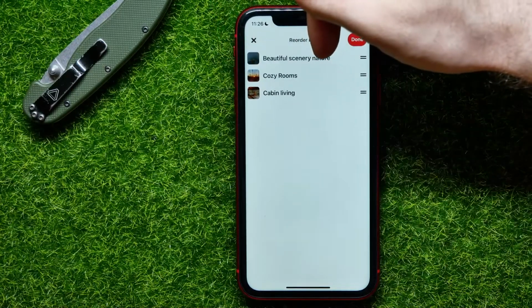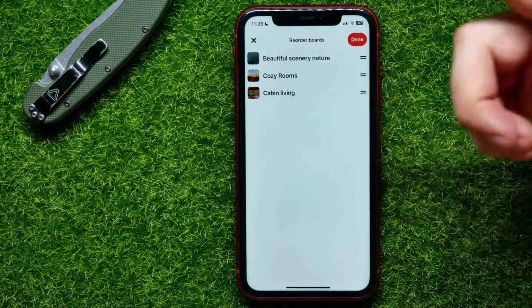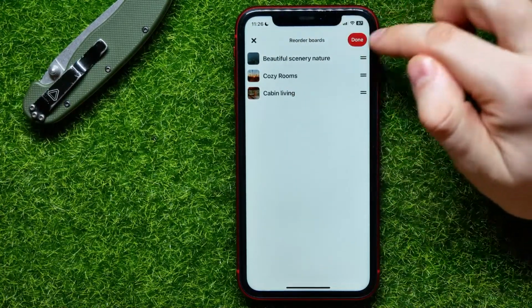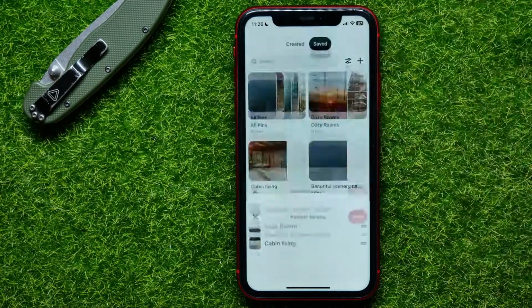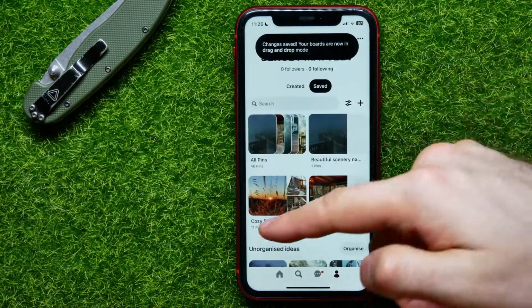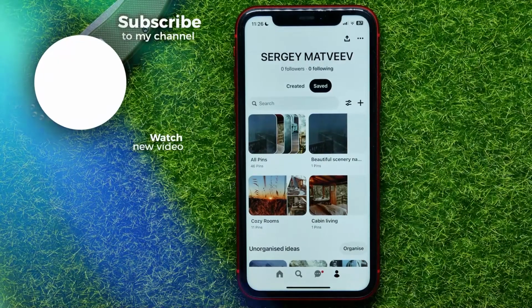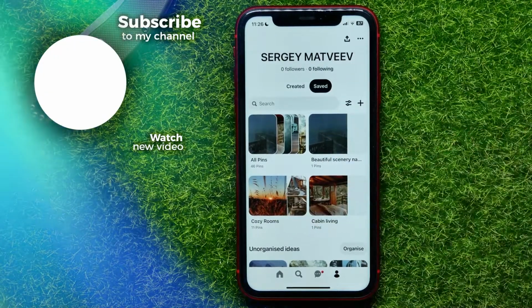The first board will be at the first position, the last will be at the last. Then when you are done with that, just hit done, and there, as you can see, I have just changed the order of my boards on